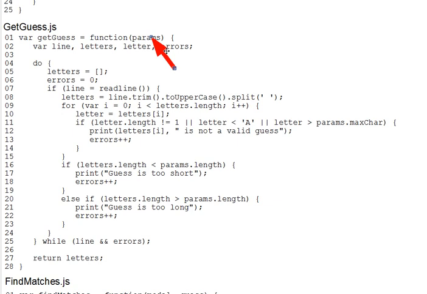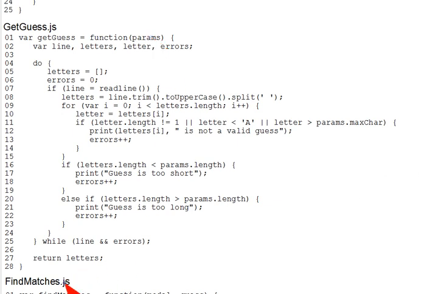Coming back from a pause, no copy is made. The term reference is the key. What's copied is simply the location of the params object, and both the actual parameter in mmind and the formal parameter in getGuess point to the same object. This is actually how it works if you pass a reference in Java as well, or a pointer in C. It's really hard to get an object copied in JavaScript. You have to handwrite code to do it. Copying references is always shallow by default. You don't wind up with a duplicate of the underlying object. And that's true even when you're passing parameters. Okay, let's move on now to